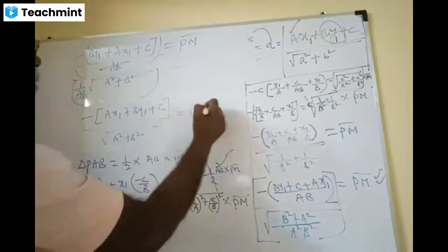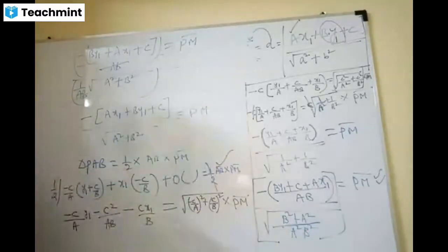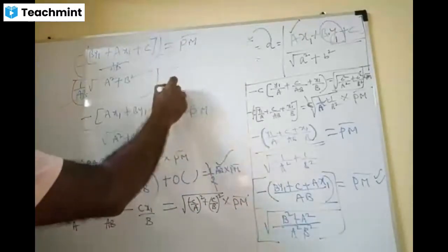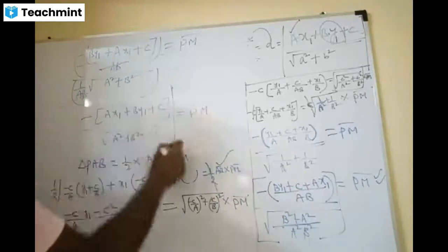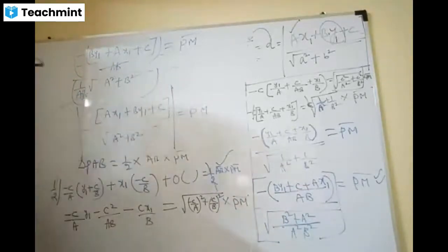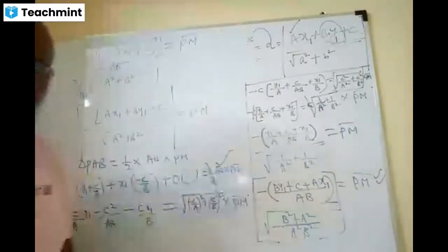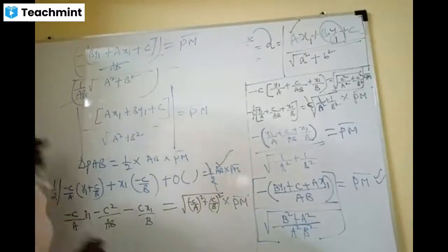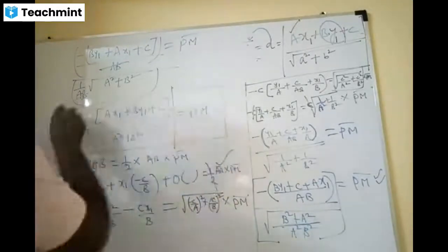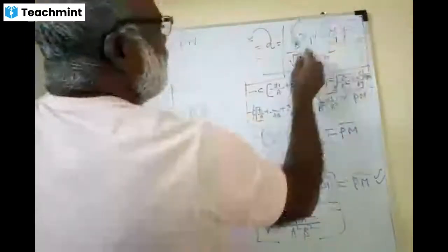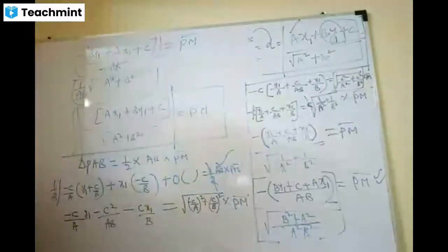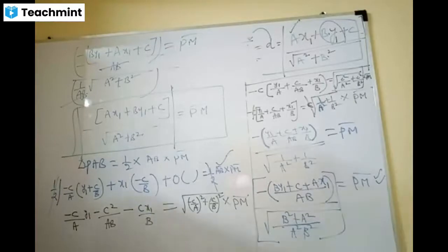That is called PM. PM means what? Perpendicular distance. Distance cannot be negative. That's why we remove the minus and put the modulus. Modulus is capable of eating that minus. Is it okay? Proved or not? Same thing or not? That's all. Is it over? Yes, sir. What a beautiful derivation, my dears.